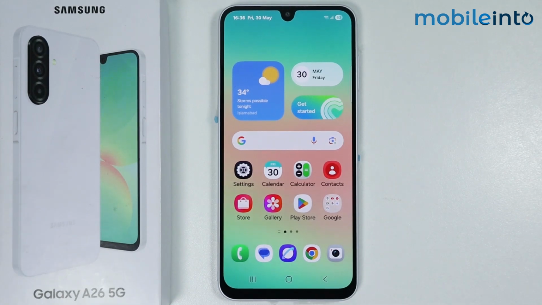Hey, what's up guys? So in this video, we will see how to change the app drawer layout on the